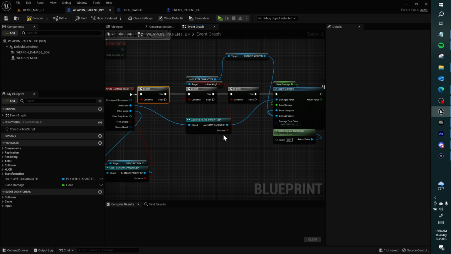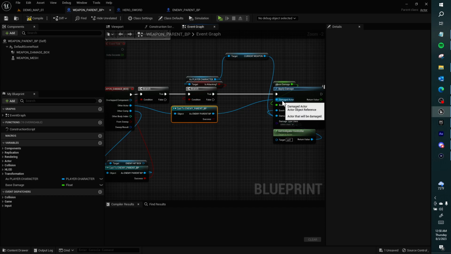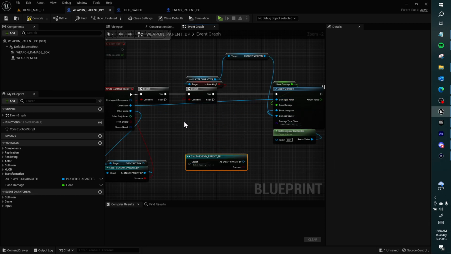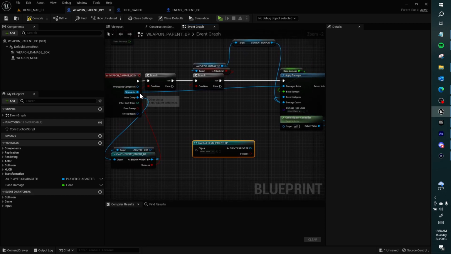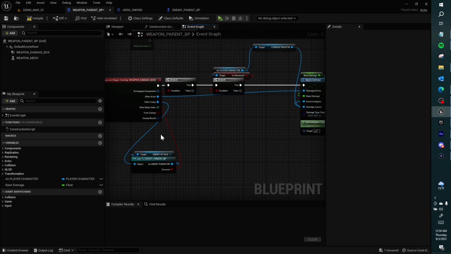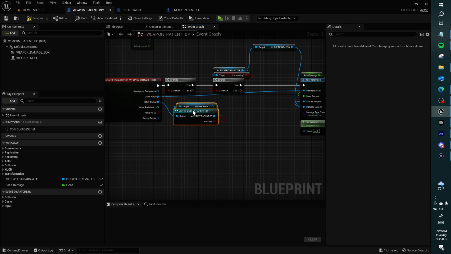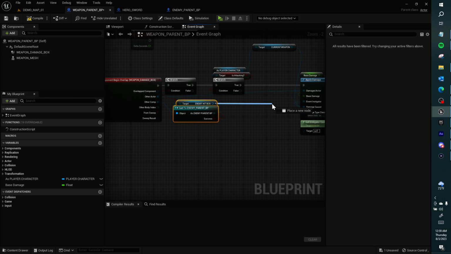actor, the other actor? We can take this check out. We can still use the actor to cast the parent and use it as the enemy actor. You can also just plug this in here though. I think for now we'll just do other actor and not make it specifically the enemy, in case we have something that we want to damage that isn't an enemy. Because now we're checking if the other component we're hitting. Well, that's still not possible because if it's not the enemy hitbox component,